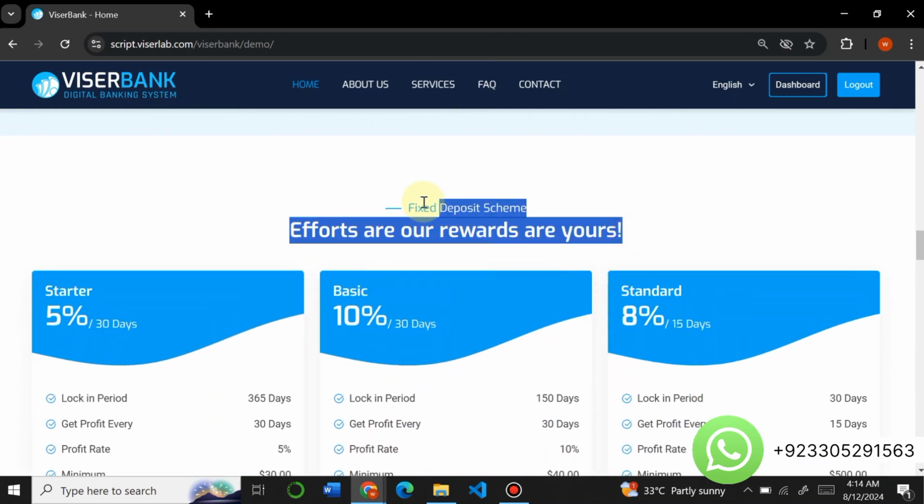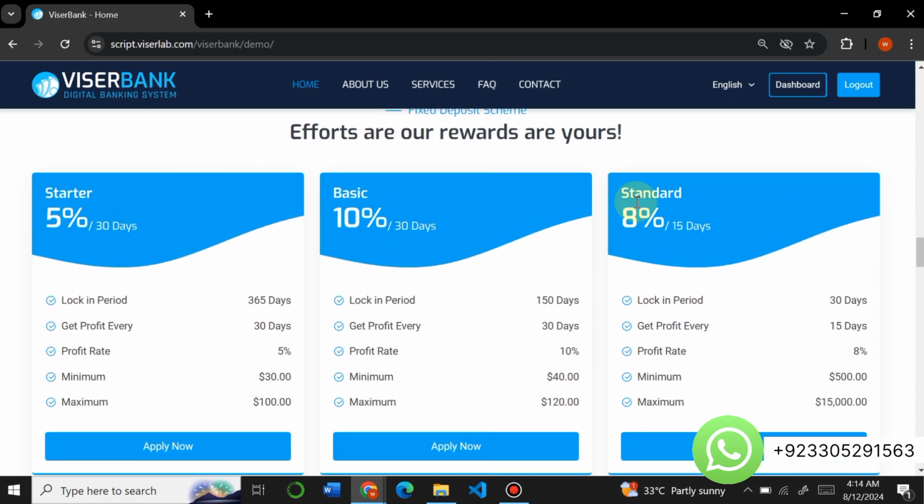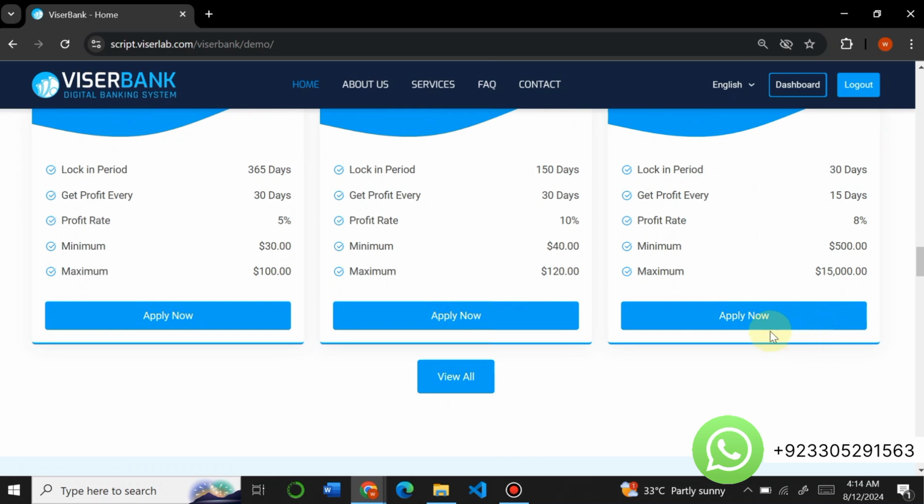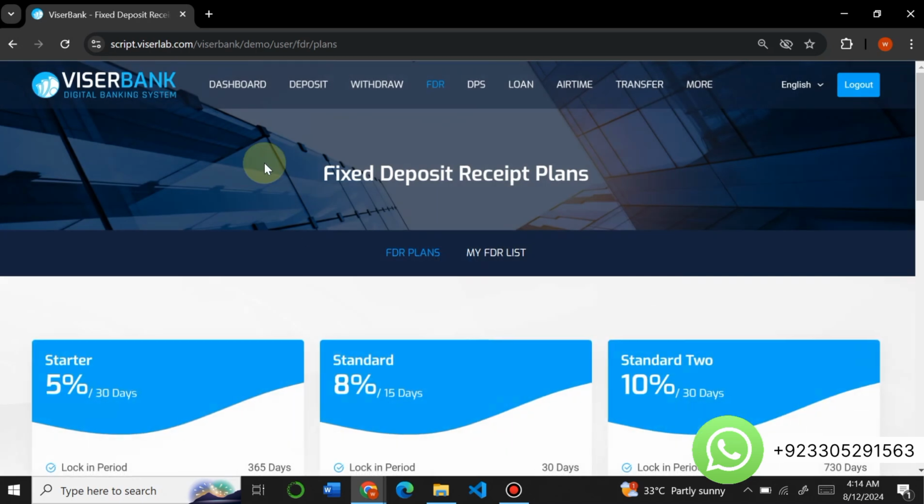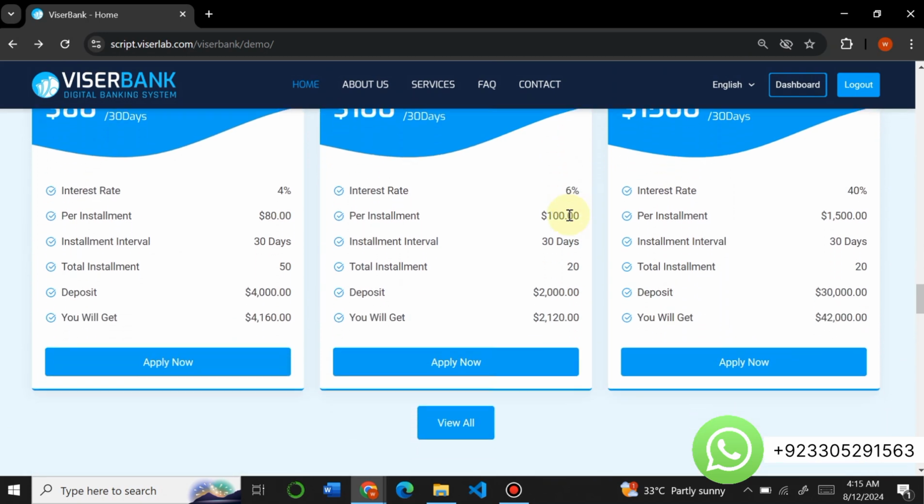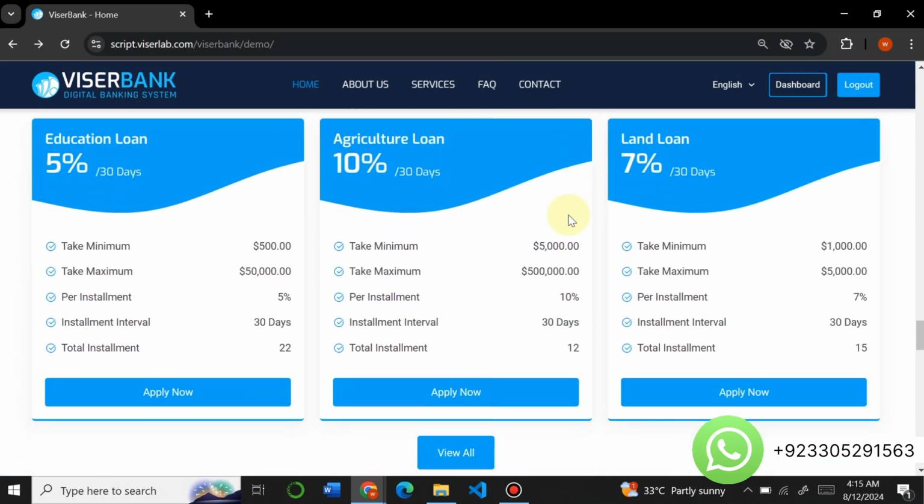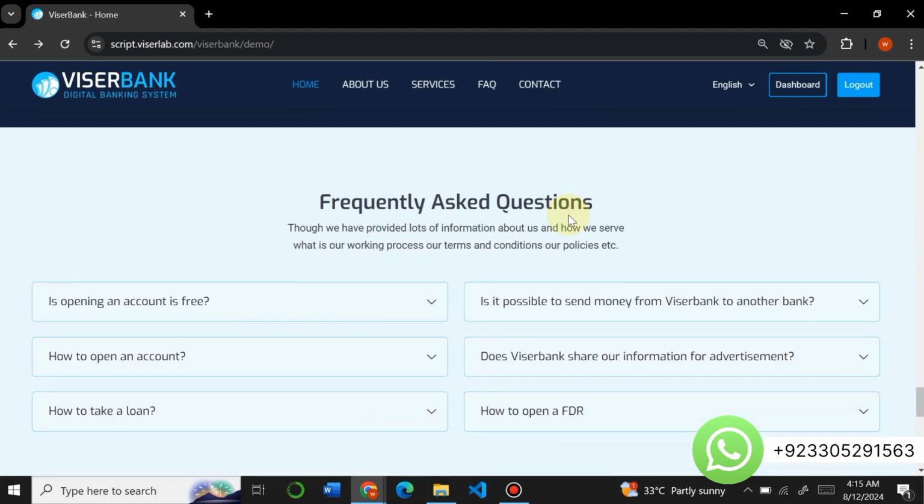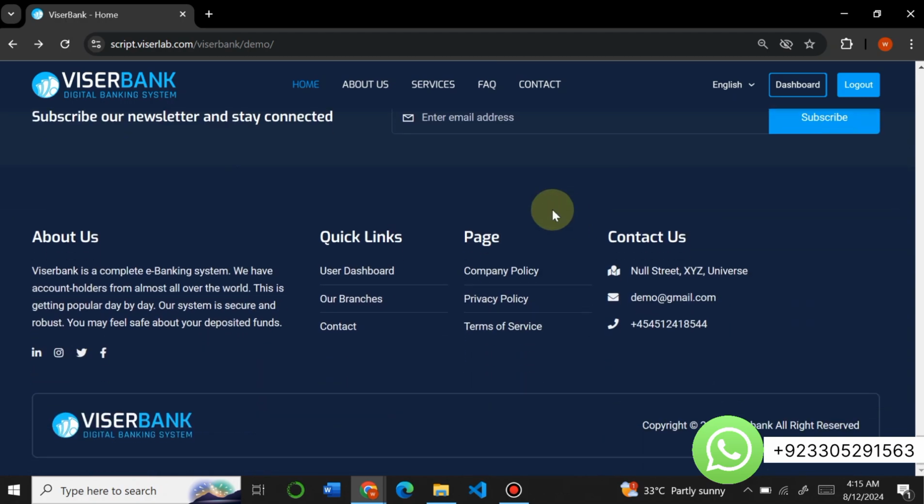And here you can see different investment plans that people can invest in your banking platform. Like here you can see there is a 5% starter plan, 10%, 8%, and the features you will get. And viewers, let me tell you that you can create these plans from admin panel, and here user can view all the plans from here. So this is how users can view those plans. And here are deposit pension schemes, so you can set these schemes from admin panel, and loan schemes, so users can view this. And here are client testimonials, frequently asked questions, your partner section, and this is the footer section